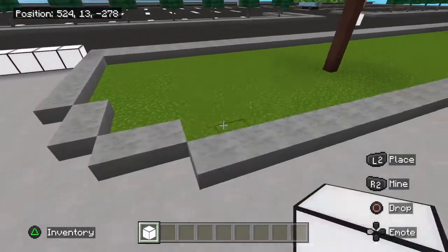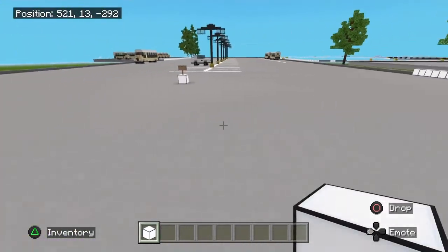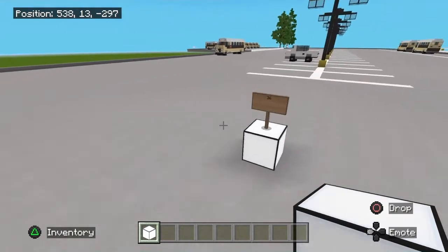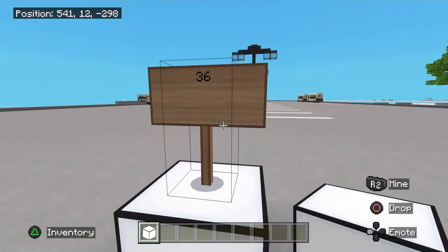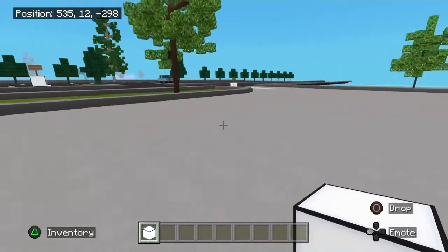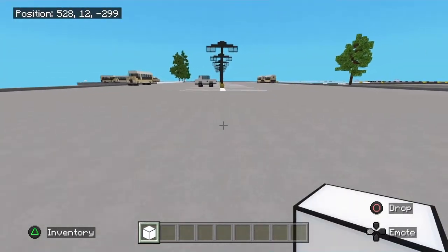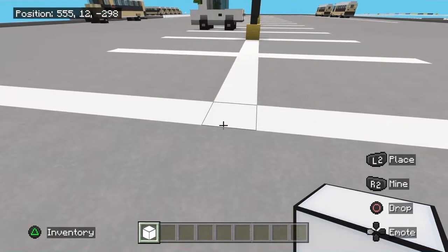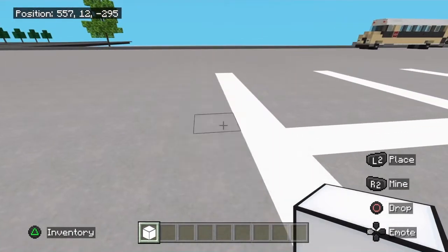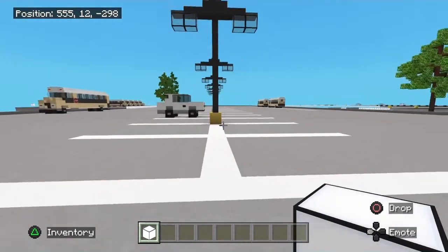That's where you're going to find the center point to. And then you're going to count 36 blocks. So 36 blocks from here to right over here on that middle point will be 36 blocks, and then you're going to start your parking